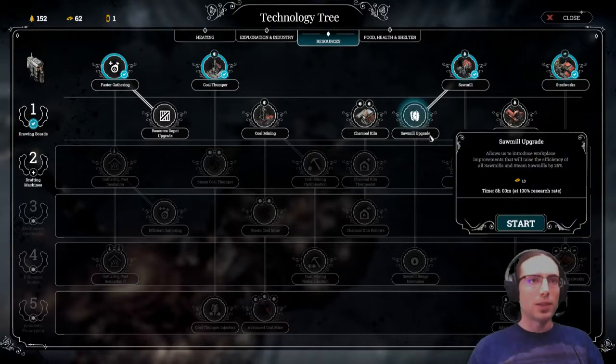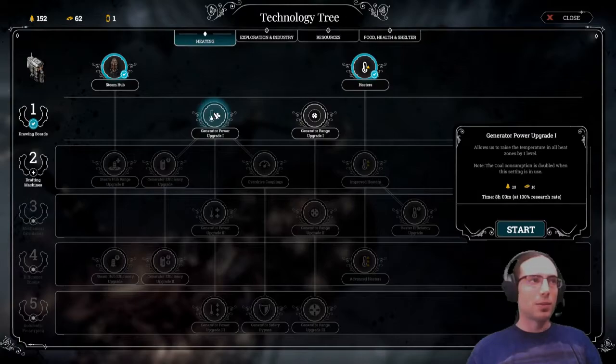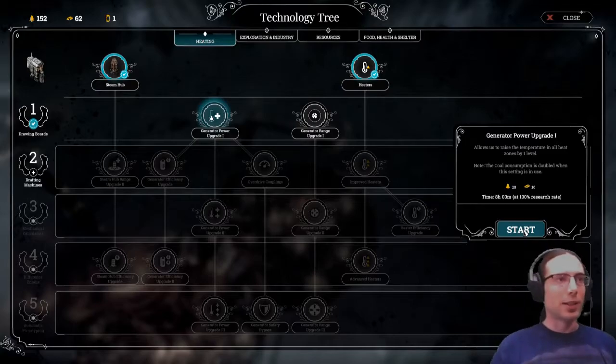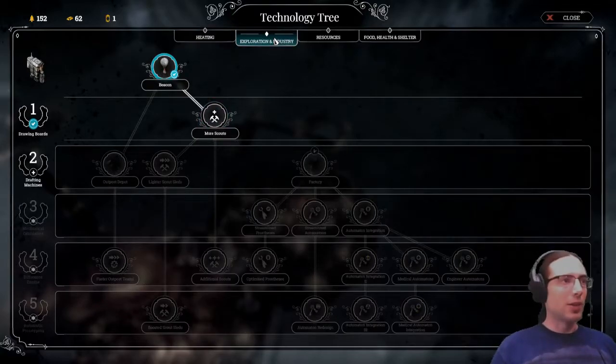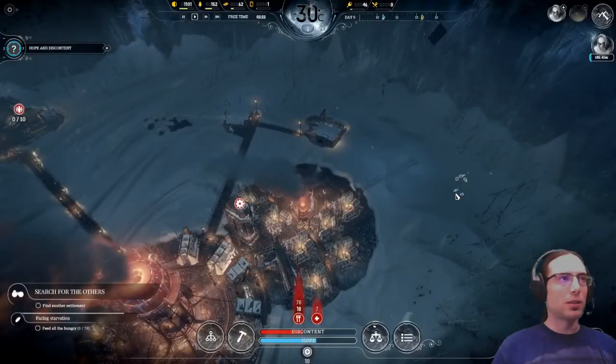I could probably use the upgrade, but before we do that, let's look into other things. Before I forget it, and it's way too late, we do want this, because that'll let us get even warmer output of our generator there. What else do we have going on? We have more scouts. I care, but I don't care yet. Oh, but I do need more food. How long do we have till...